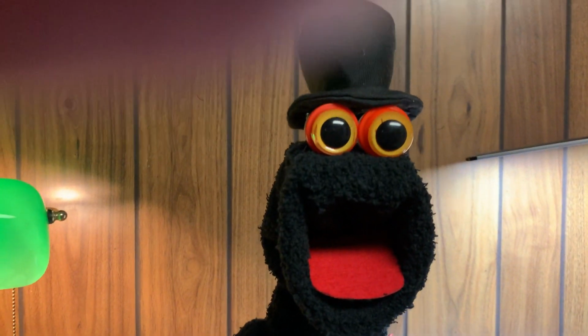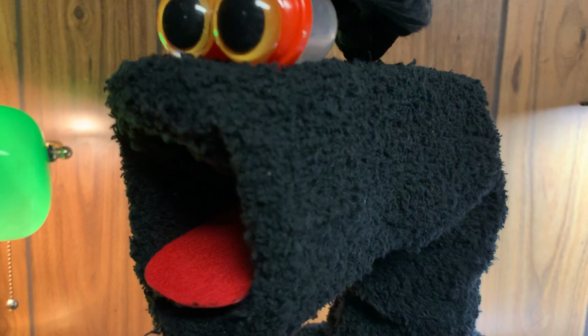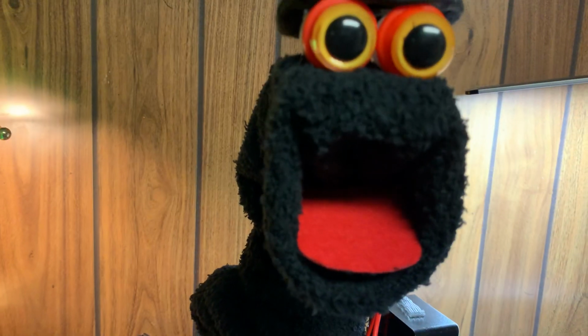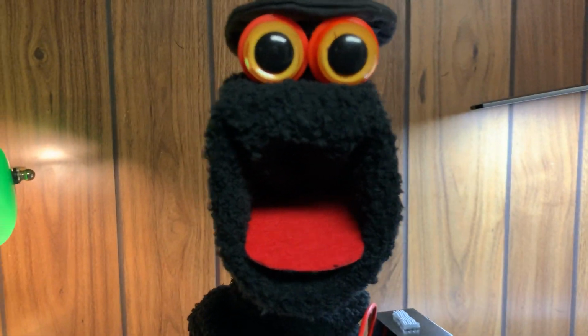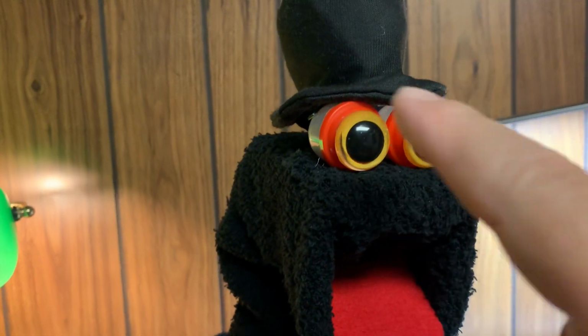So the cloth, the material I'm using here, is like a flax type of, I don't know, my wife knows what the name of that material is, but it has a nice blackish blanket type feel to it, and it gives it more character. This is a little piece of red felt, which is not glued in, it's velcroed in,